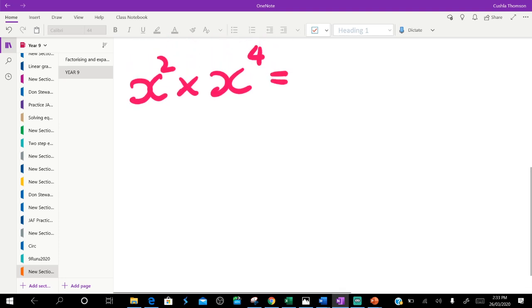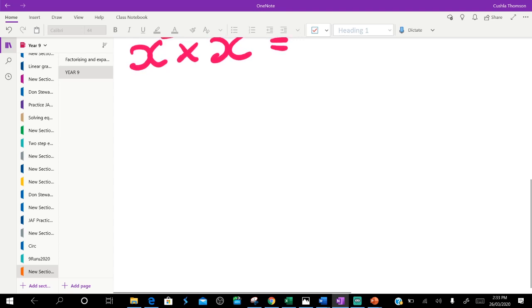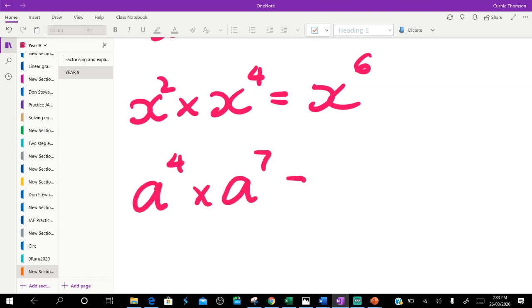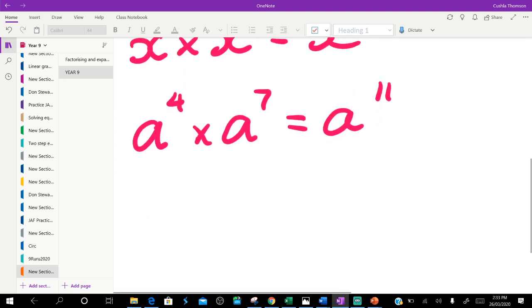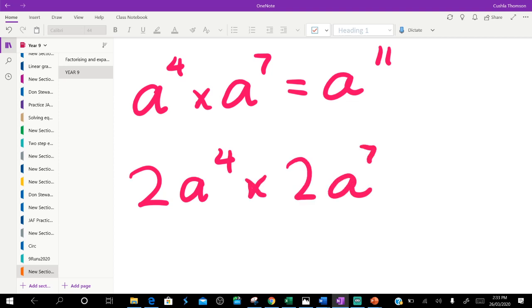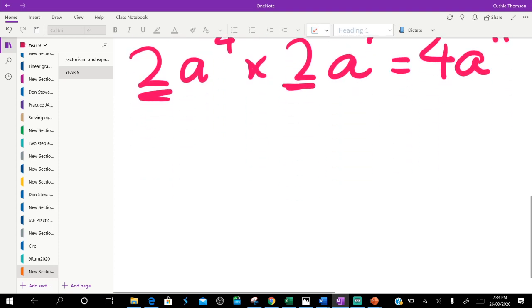Okay? But we've done expressions like that, right? So we know that if we've got the same base, we can just add the power. So if I've got a to the power of 4 times a to the power of 7, that will be a to the power of 11. Now, if I've got 2a to the power of 4 times 2a to the power of 7, that will be 2 times 2 is 4, so 4a to the power of 11. What we're going to look at now